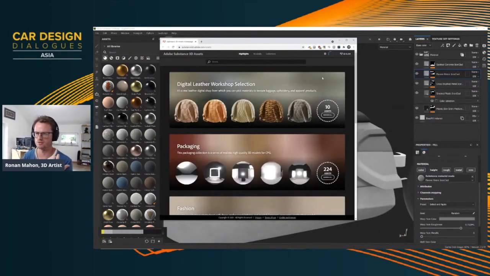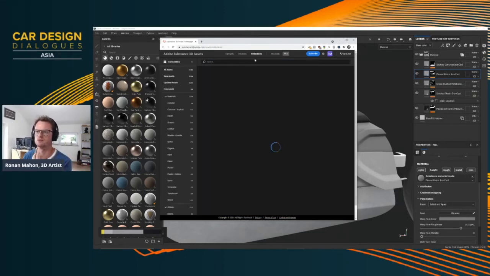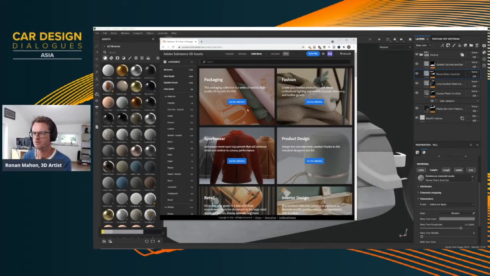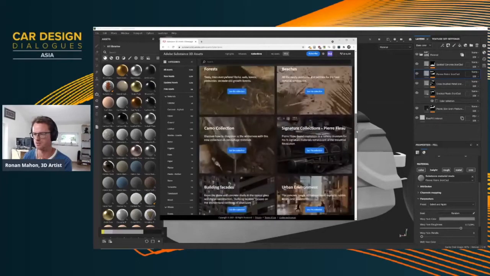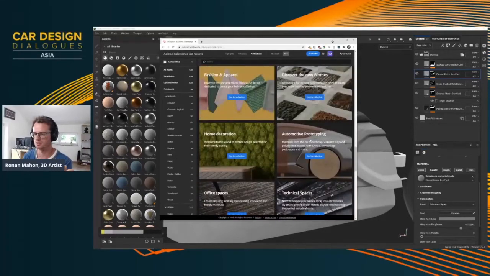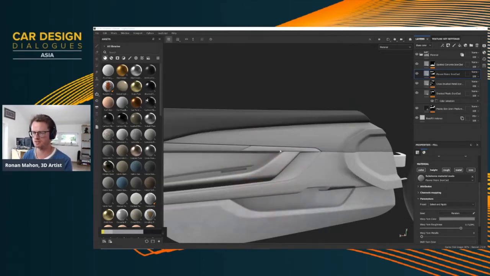This is where you can browse through all the beautiful materials that we've got. They've even got collections specific to automotive, packaging. This is one we did recently. You come down to sportswear, automotive, prototyping, and we can directly download these materials straight into our scene.